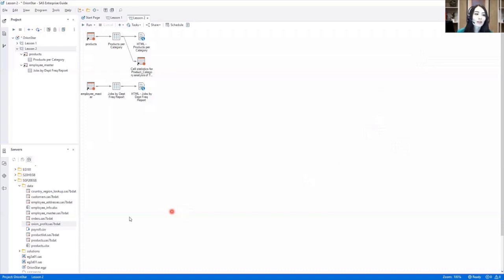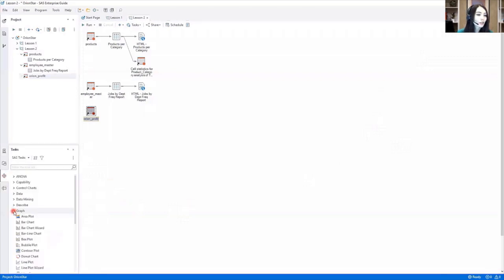In the Servers pane, I've already expanded to the data folder for this tutorial, so I'm going to go ahead and right-click on the Orion profit table that we'll use and select Add to Project. Then I'll go to the Task pane, expand Graph, and you'll notice that we have both a bar chart and